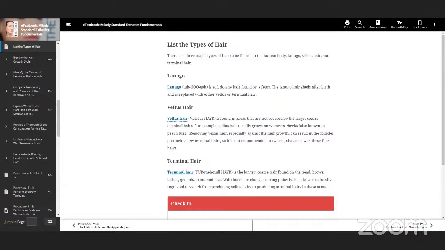And they will tell us that vellus hair, peach fuzz, should not be shaven, should not be waxed, simply because it's there to protect the skin. But the trend, everybody knows what's popular, is dermaplaning. Yes. Vellus hair,